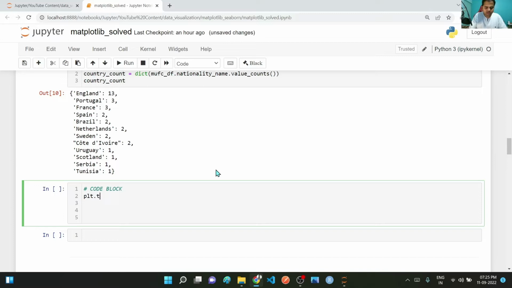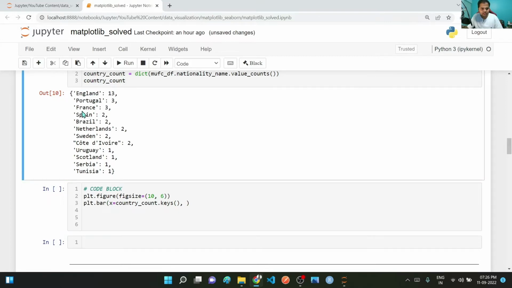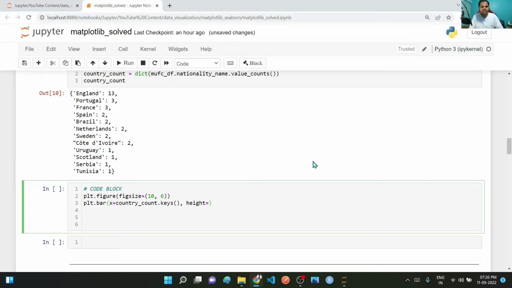plt.figure, and here figsize, let's say we will give width as 10 and height as 6, and then plt.bar. Here on the x-axis it will be country_count.keys, so from the keys we will get England, Portugal, France, and for the y-axis it is basically height. So height we will give as country_count.values. And if you want to give color,